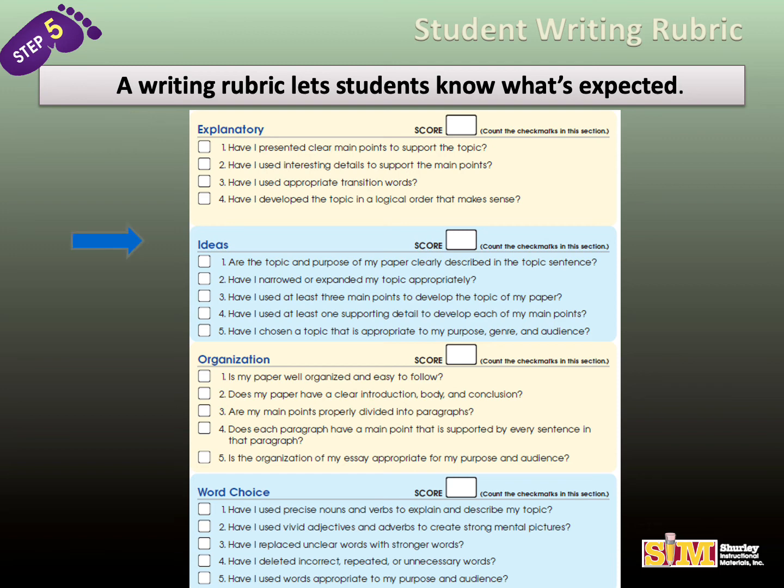Next, students will read and respond to each section pertaining to the traits of effective writing. The first section focuses on ideas. Students will check to make sure that their writing topic is appropriate and clear. They will respond to the questions to ensure they've included relevant main points with supporting details, etc. Afterwards, they will score the section for ideas. Students will continue this process as they check organization of their paper, their word choices,